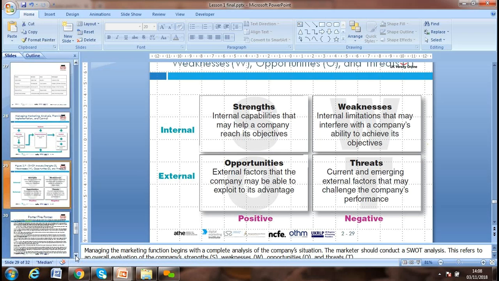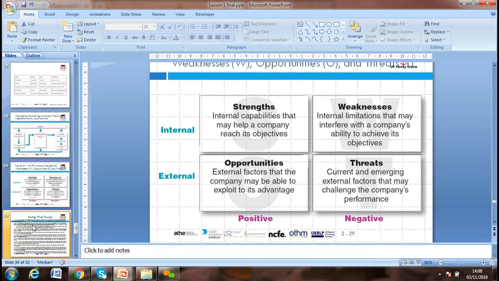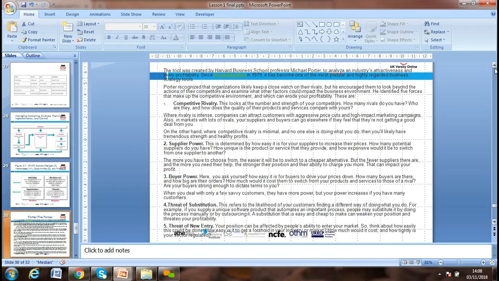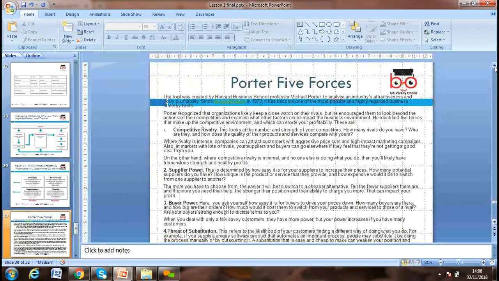Okay. Anybody any question? So next we are looking at Porter's Five Forces. When we look at environmental analysis, Harvard Business School professor Michael Porter gave this model. It's called Porter's Five Forces. According to Porter, when you do a market audit, you need to be focused on